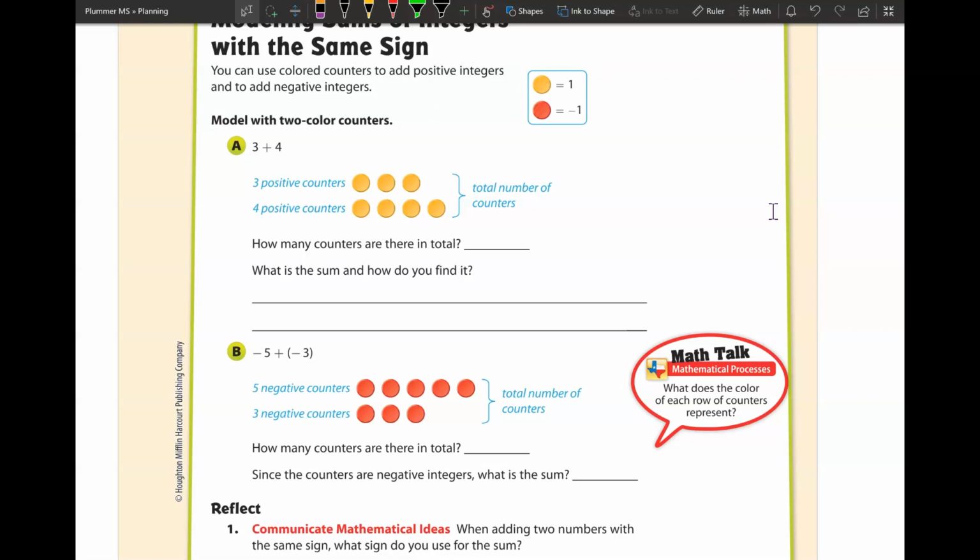They have 3 positive counters, because again, one yellow counter is considered positive 1. So that's 1 plus 1 plus 1. I know that you probably get it, but I just want to put it out there. So 3 positive counters, 4 positive counters. Now we're asking, how many counters are there in total? So 3 plus 4 is 7. What is the sum and how did you find it? Well, the sum